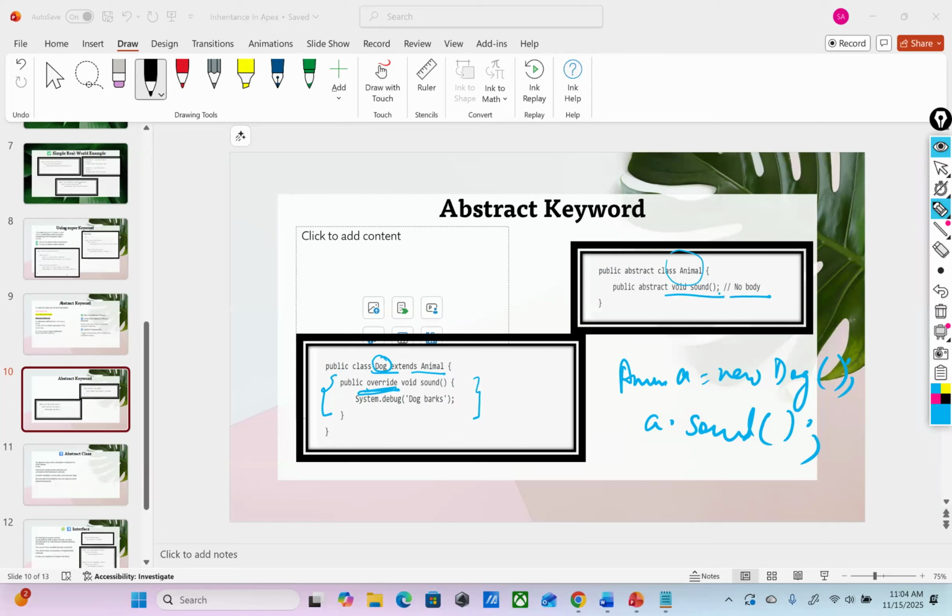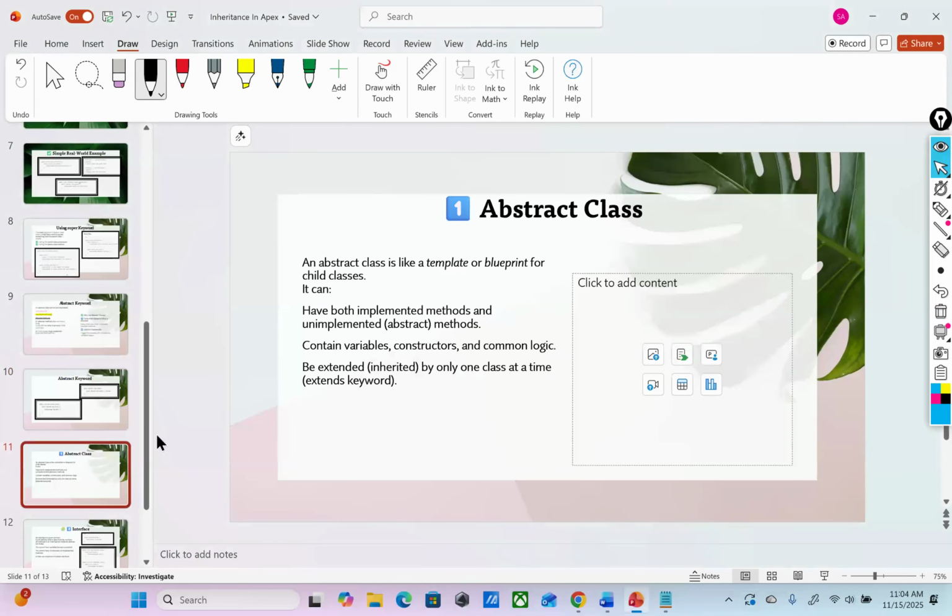Okay, because abstract method, and then this class can have non-abstract methods also. It doesn't always have to have abstract method. It can have a combination of abstract as well as non-abstract methods. So if I go back, go to the next here, abstract is like a template or blueprint for child classes, have both implemented methods and unimplemented methods, contain variables, constructors, common logic, and be extended by only one class at